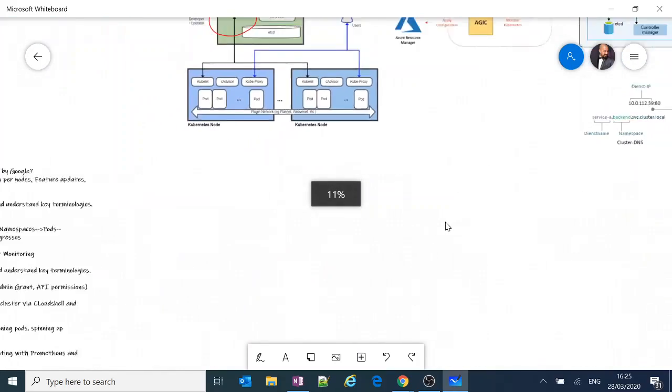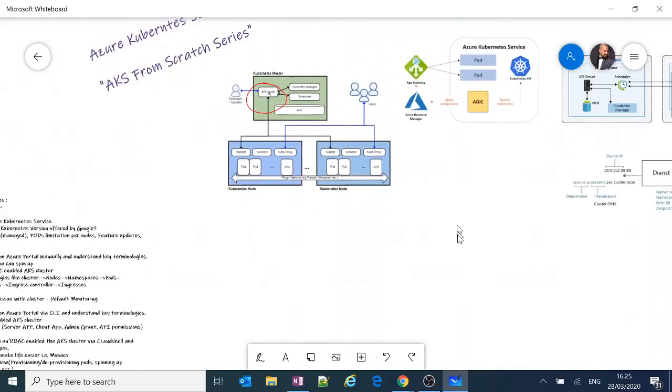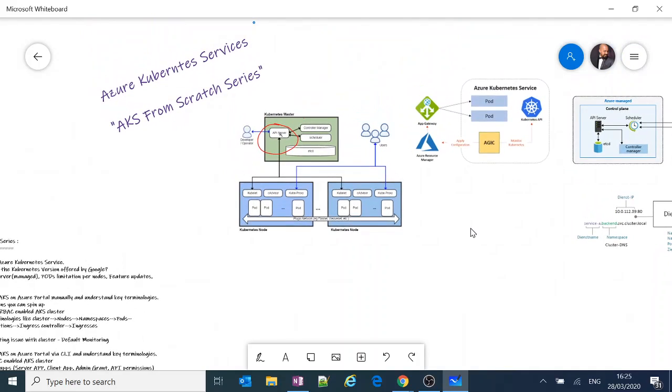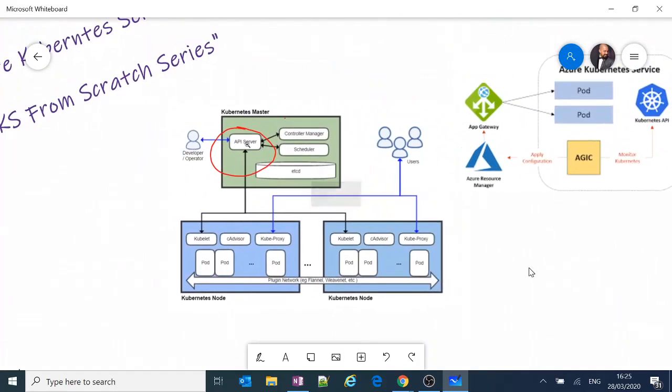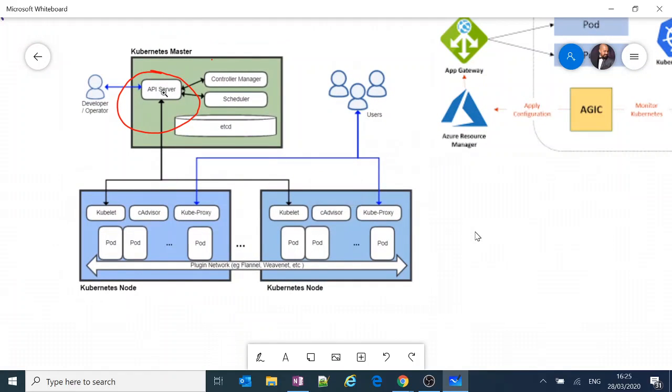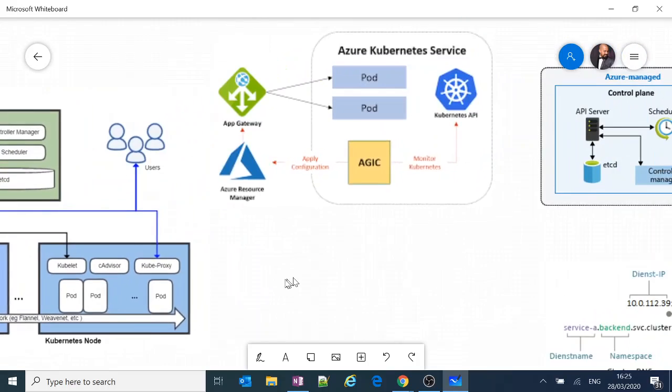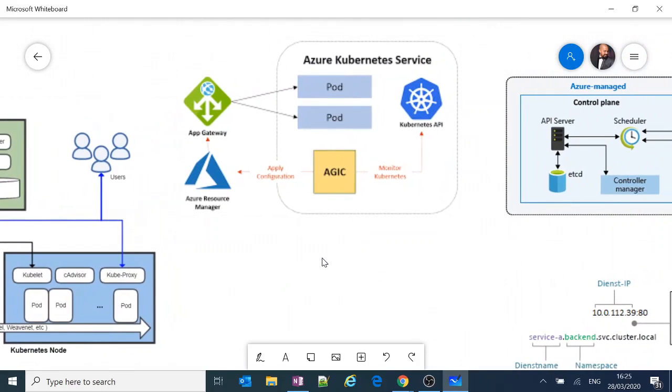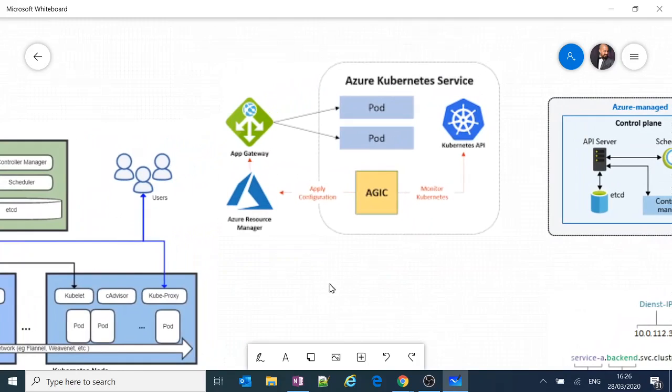So what you can do with Kubernetes is, you have an application, then you can take your application and containerize it, or make a Docker image out of it, and then you deploy onto any of the services. You can push onto Docker Swarm, or you can have something called Azure Kubernetes Service, or Kubernetes directly.